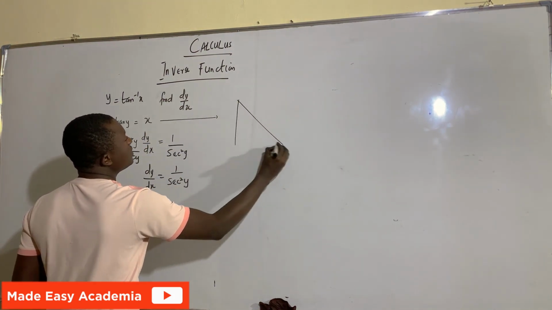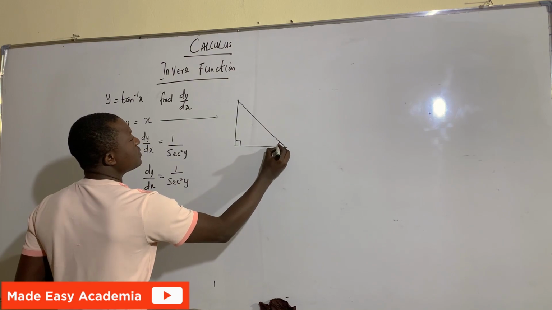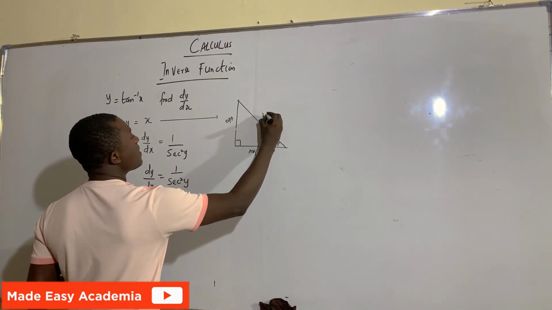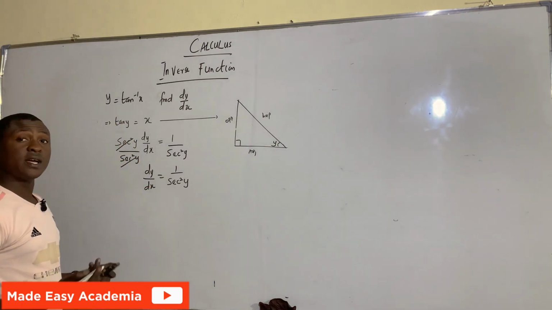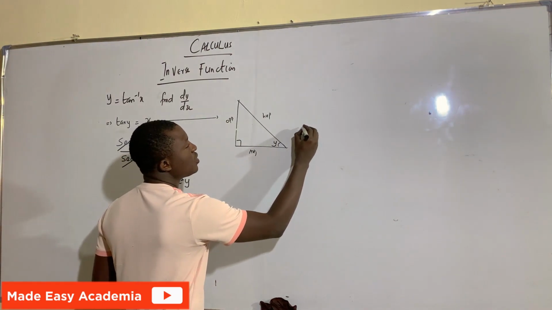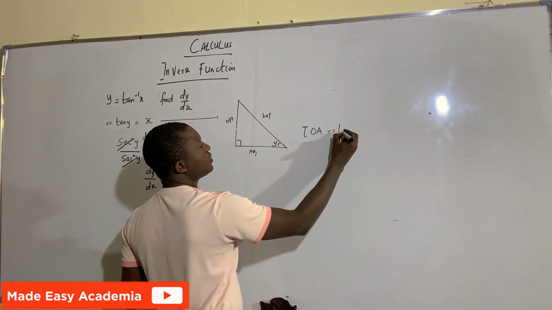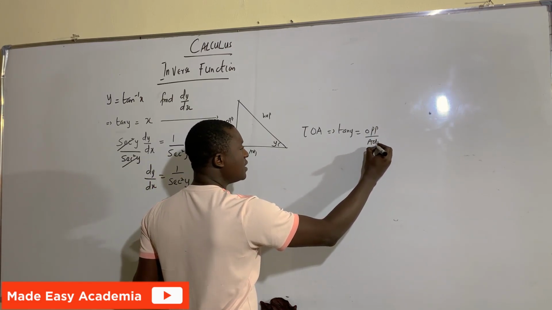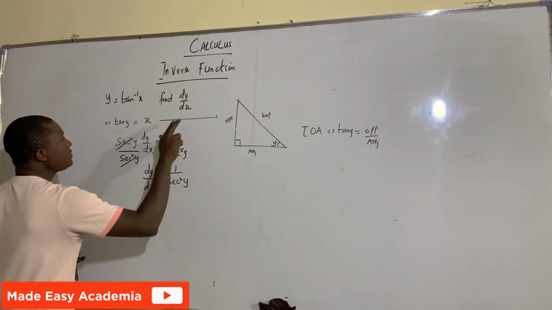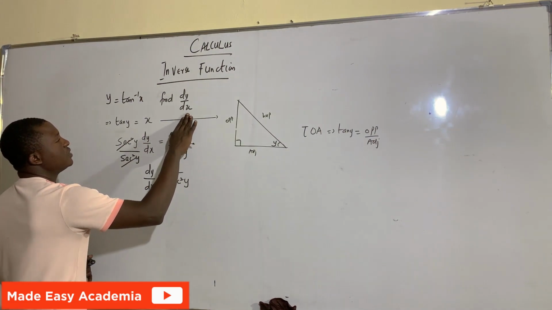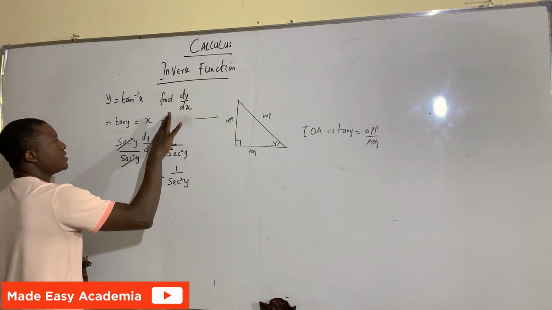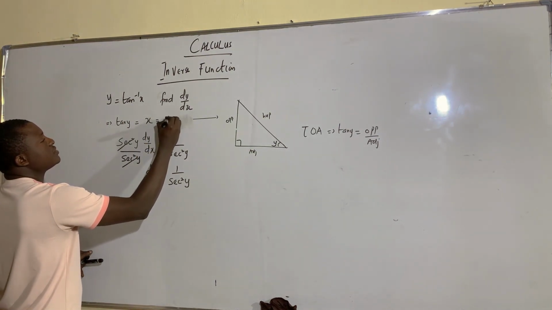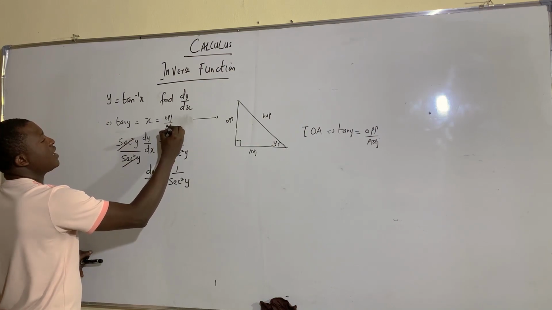So I can draw my diagram like this. This is our y, this is the opposite, this is the adjacent, and this is our hypotenuse. Recall that tan is TOA. So tan y is equal to opposite over adjacent. From here, I can make a simple comparison with the data so that you get it better. So we are given x. Since I know tan is nothing but opposite over adjacent,